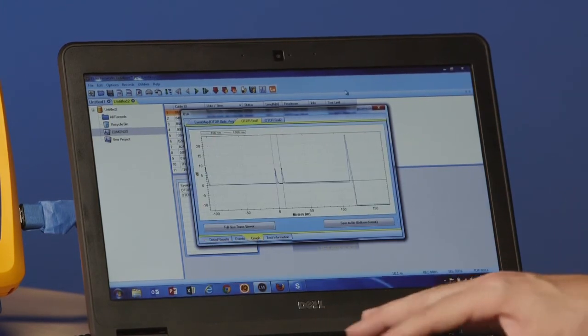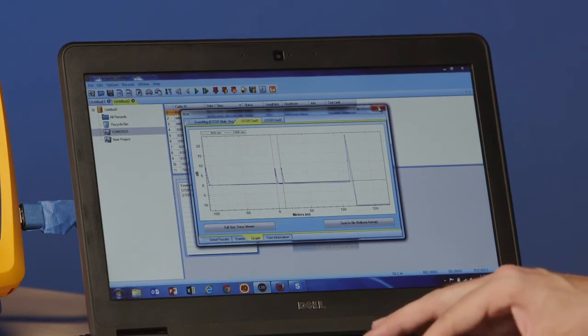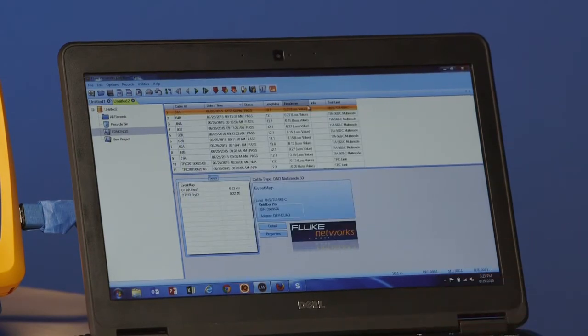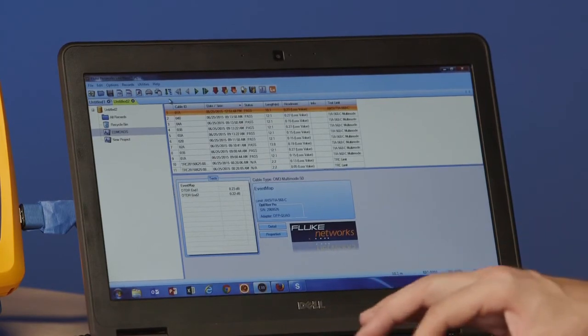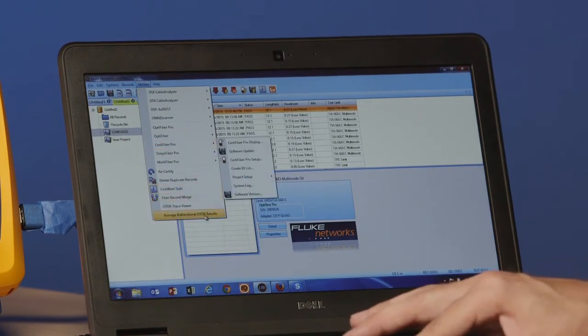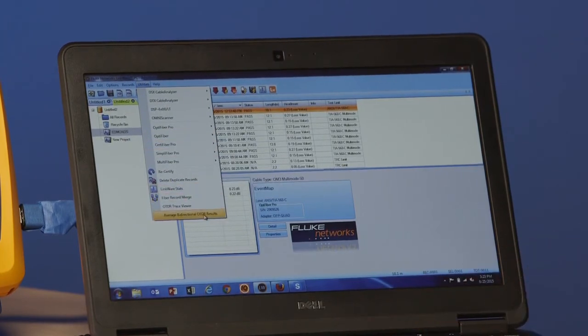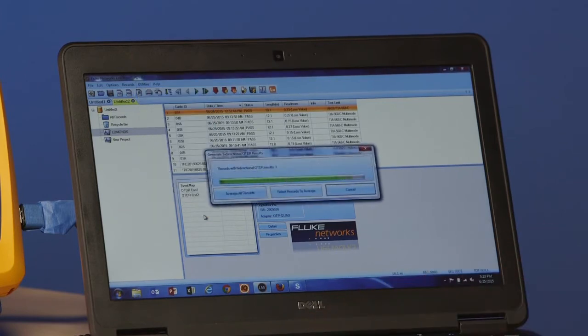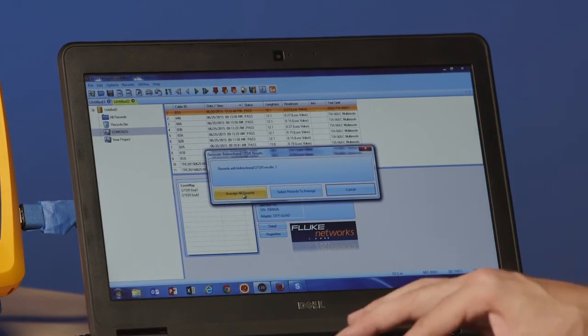Now, if you remember from our OptiFiber Pro video, we ended up getting that negative loss reading. The way that we deal with that is we click on Utilities and go down here and average our OTDR results. So when I click on that, it's going to look in this record and it's going to see if there are any results that can be averaged. And it's coming back and it's saying, yes, there's one result that can be averaged because we made that measurement in both directions. So let's average